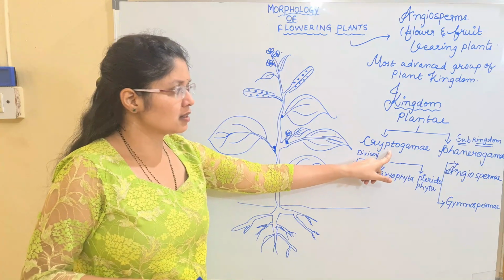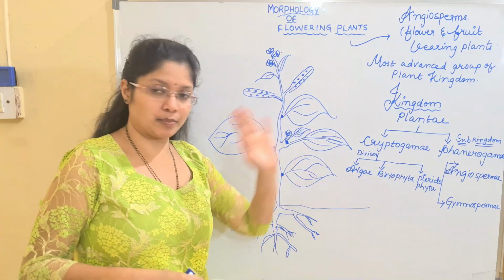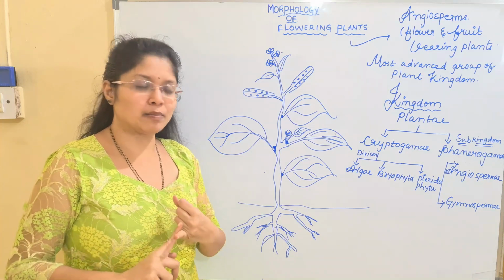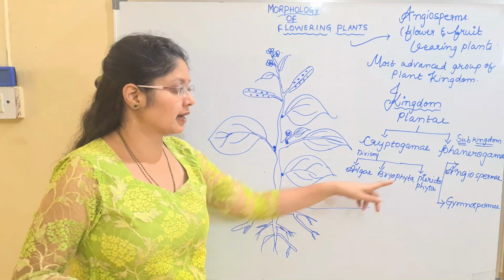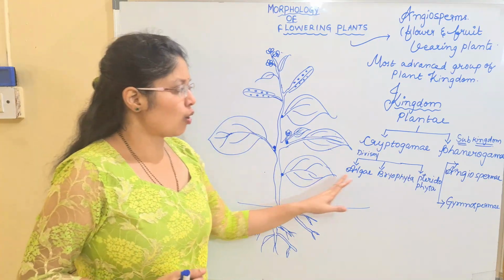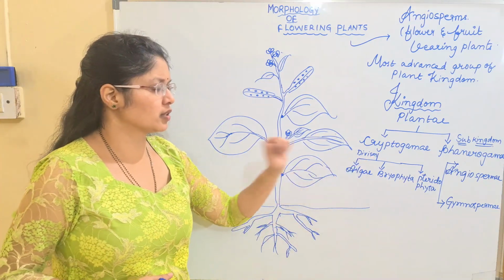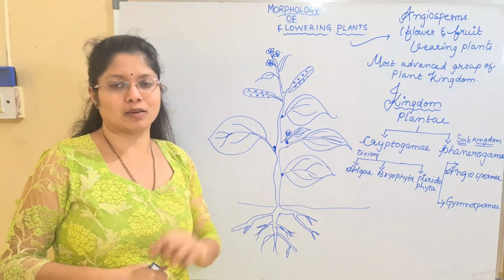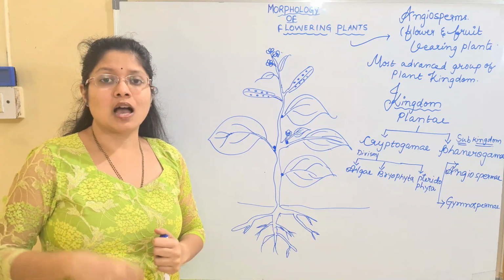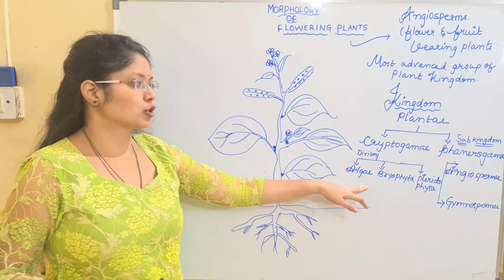Under the subkingdom Cryptogamy, we have three divisions. One is algae. All of the members in algae are aquatic plants. The bryophytes, aquatic again. Pteridophytes are land as well as aquatic plants. So all the three groups are the most primitive plant groups, and they are coming under which subkingdom, children? Cryptogamy. Cryptogams are mainly characterized by the absence of vasculature, absence of flowers and seeds. So all these three features are absent from the most primitive plants.